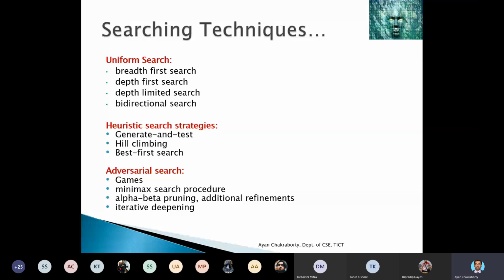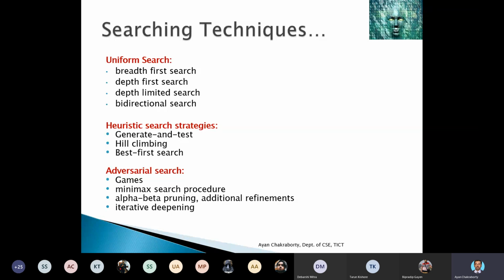As you can see here, there are three categories of searching techniques for state space search. One is uninformed search, another is heuristic based search, and another is adversarial search. According to the uninformed searching strategy, there are BFS, DFS, depth limited search and bidirectional search.